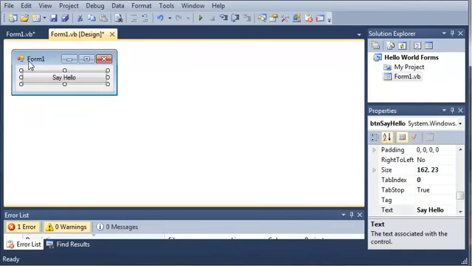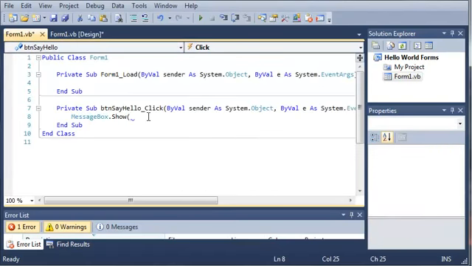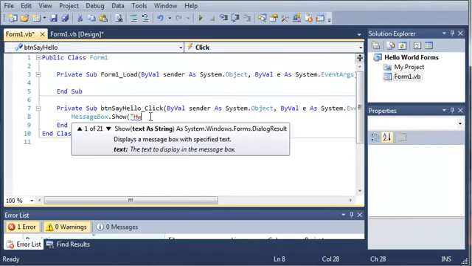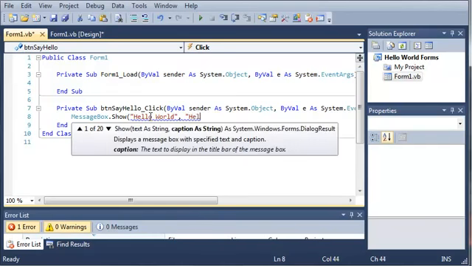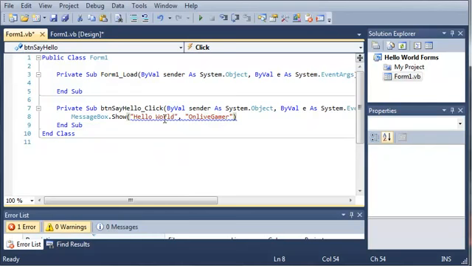So like here's our form 1. If the message box looked like this, the caption would be right there that says form 1. So we'll just do messagebox.show hello world, and then we'll change the title to, let's just do OnLive Gamer. Okay, so now if we run this,